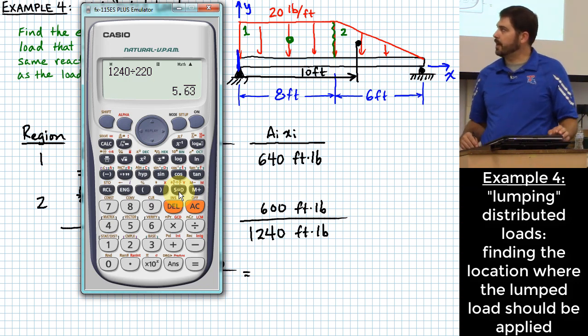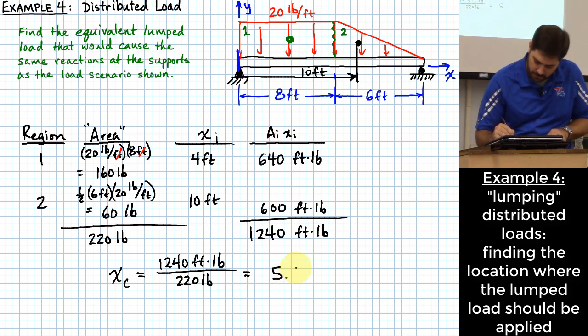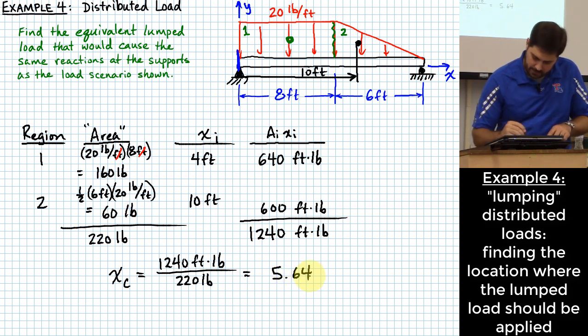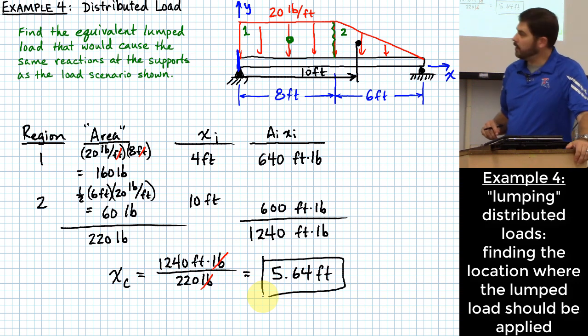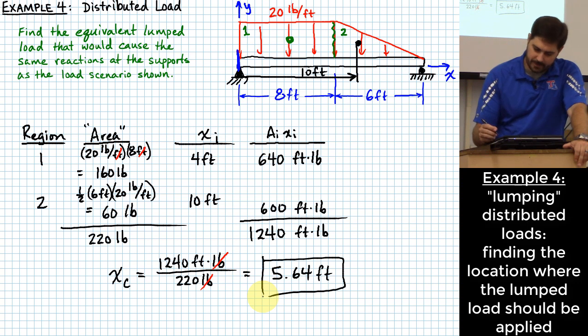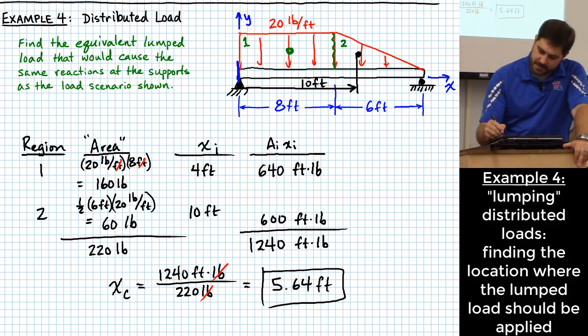Which is just going to be equal to 5.6363, right? I'll say 5.64. Okay, units end up being in feet. Okay, and where do I measure that relative to? Okay, so over here, this is the axis where I measured all of my zeros. And so if I measure over 5.64 feet,